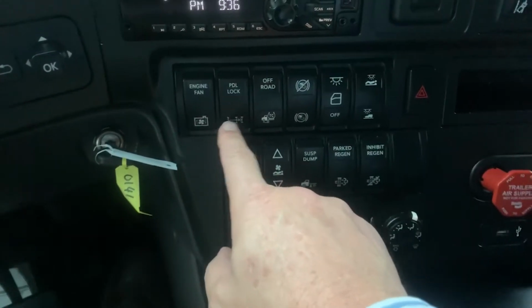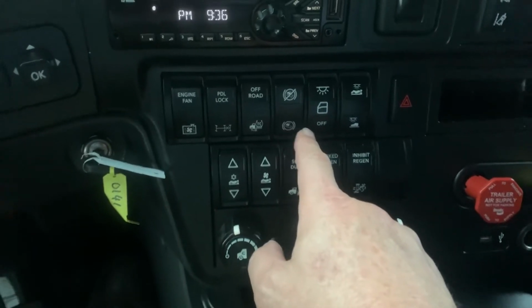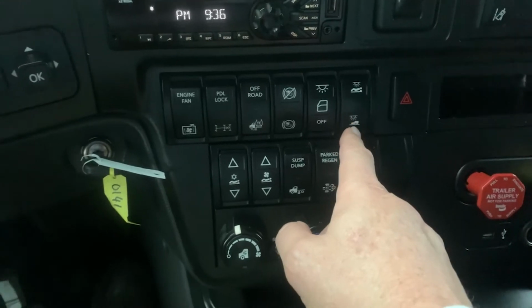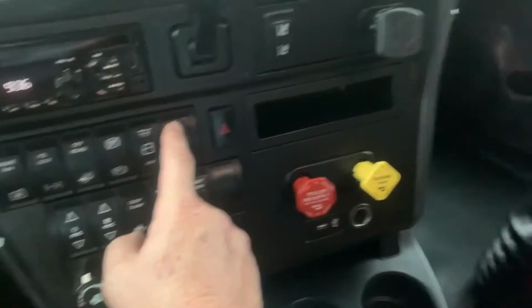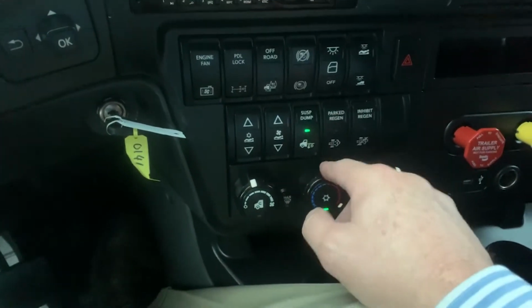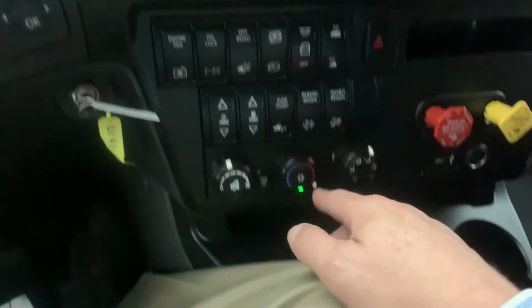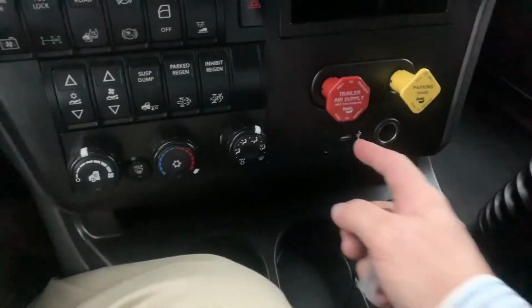We have the engine fan, the power divider lockout, your traction control, hill start assist, courtesy lamps, sleeper lamps for the floor, as well as for the upper berth. Turn the air conditioning on the back, increasing the sleeper fan's speed as well. Suspension dump. Parked regeneration, inhibit regeneration. Air conditioning setting is a manual set point. Power point